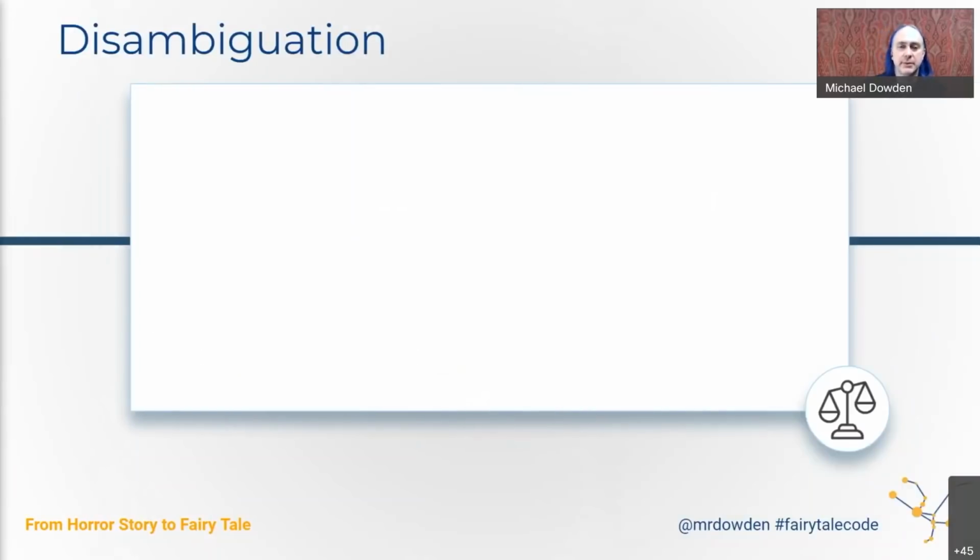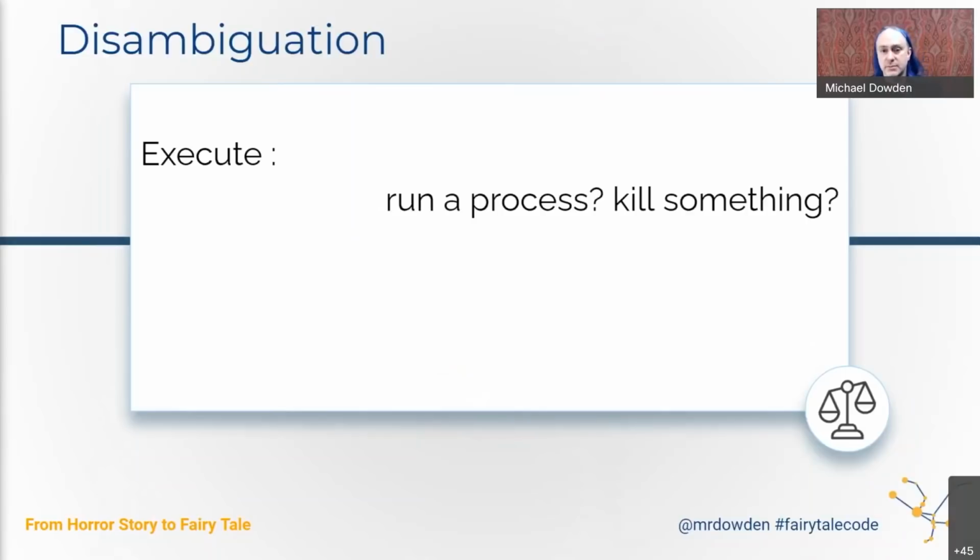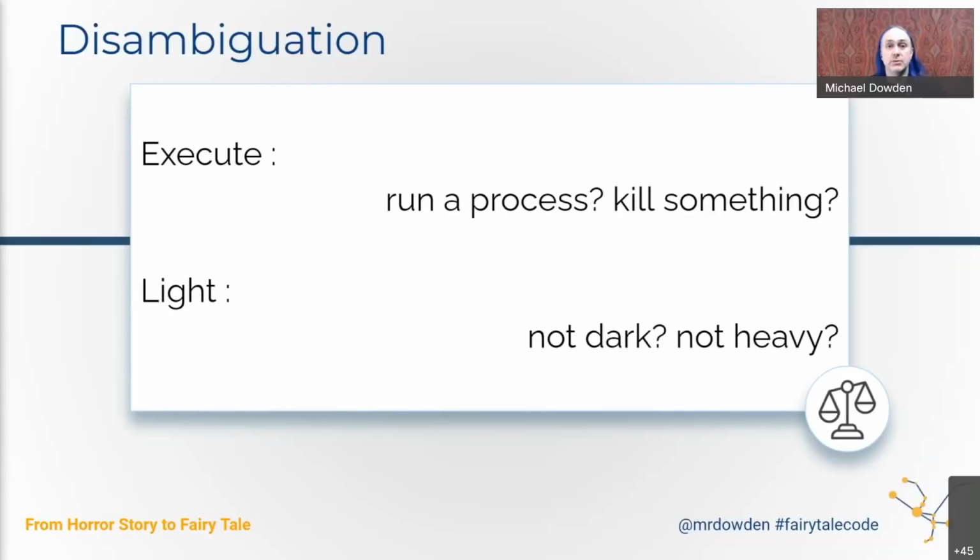Disambiguation. I spoke earlier about ambiguity, and ambiguity is a big part of confusion in language. So let's look at how to disambiguate things. For example, execute can mean a few different things: run a process or kill something. So maybe we should use run or kill instead to be really clear about what we meant. Light. Does this mean bright or not heavy? Not dark or not heavy, right? I could use bright. I could use light as in weight. I can use a weight variable to indicate the heaviness of something. I can use heaviness as a rating. So there are a lot of different things I can do to make clear the context of what I mean when I use the word light.